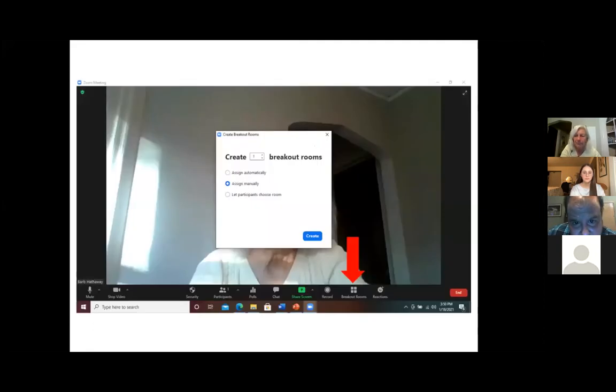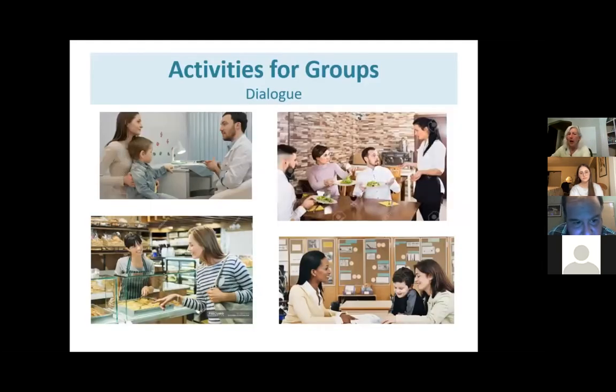All right. And when you're the host, you have the option to do the breakout rooms. So you'll see that at the bottom of your screen. It'll be one of the icons, and you say how many breakout rooms you want to create, and then you can have people automatically assigned. That's what I did tonight. So, okay.